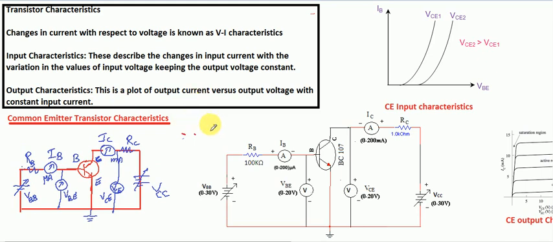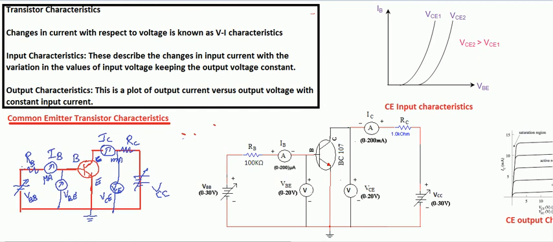So you must approach the circuit in this way. Don't try to start from some of the corners or from the battery or anywhere. You start from the transistor, then complete the block diagram, then apply the biasing voltages. The next stage is to connect the devices, ammeter in series, voltmeter in parallel. So that's all. Our transistor characteristic circuit is completed.